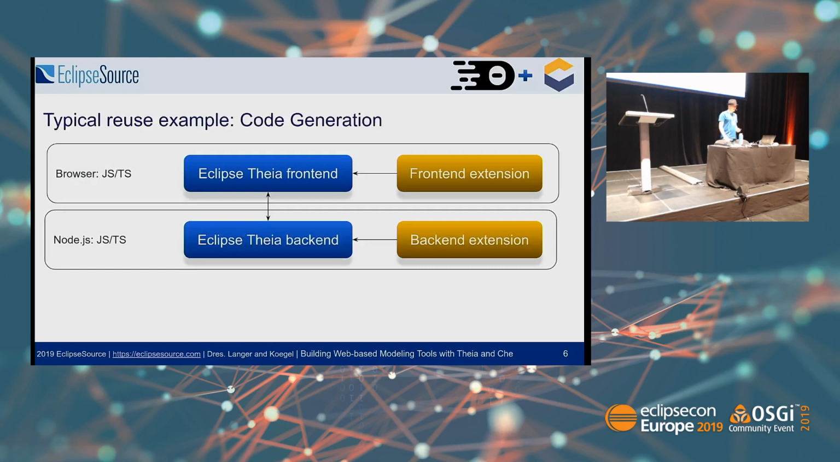And to elaborate on that, I just would like to pull out one very particular example. So let's assume you have a modeling tool and you want to reuse a code generator that you had written for your desktop-based modeling tool, and you would now like to reuse it in a scenario where you employ a web-based solution based on Eclipse Theia. Before we dive into the example itself, we need to take a look at how Eclipse Theia is architectured